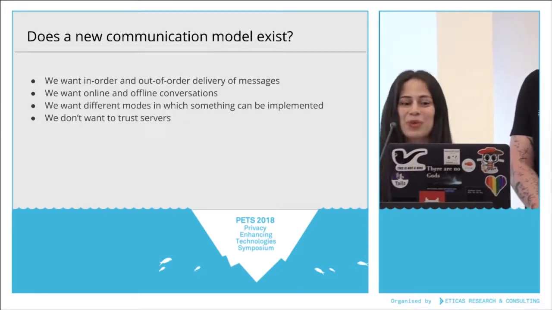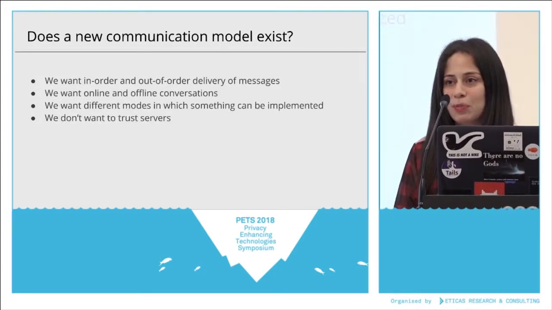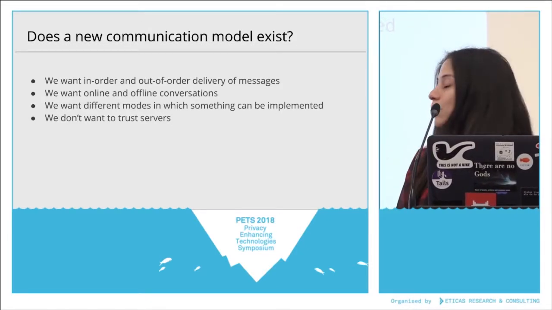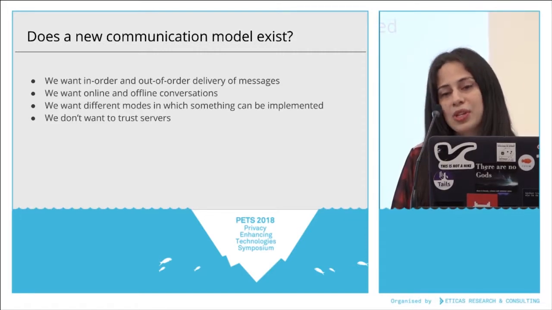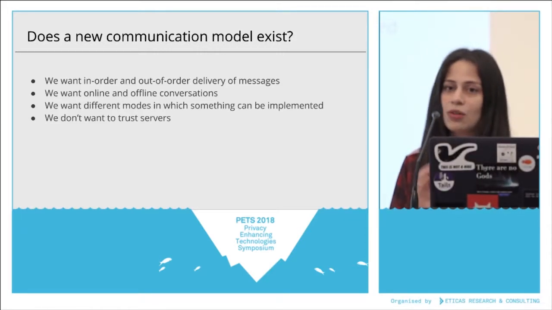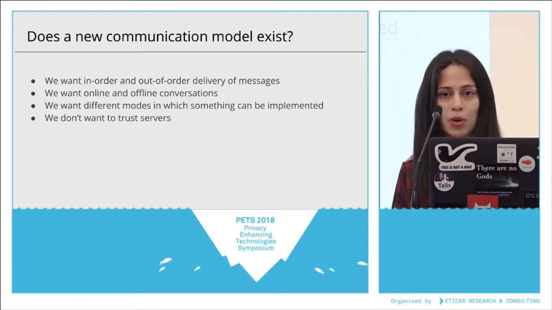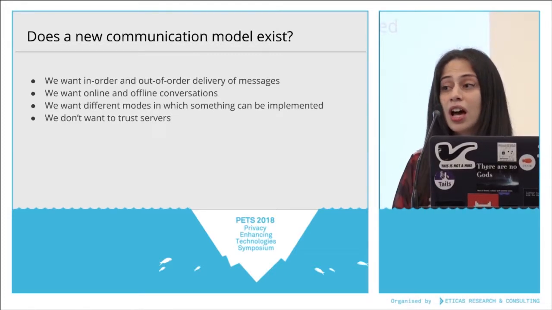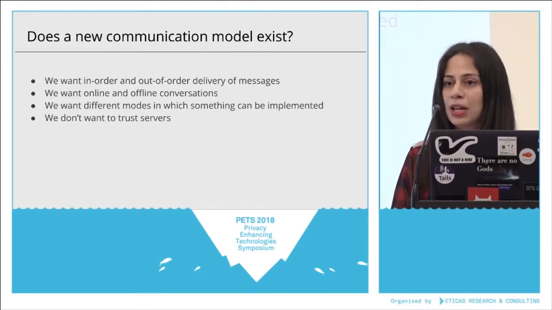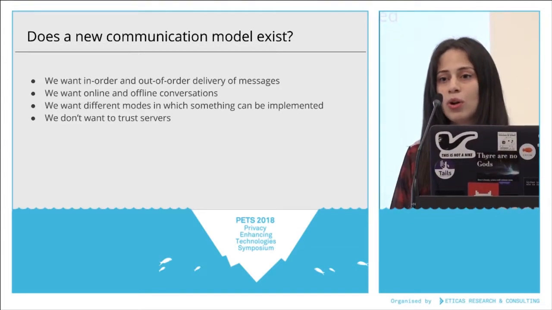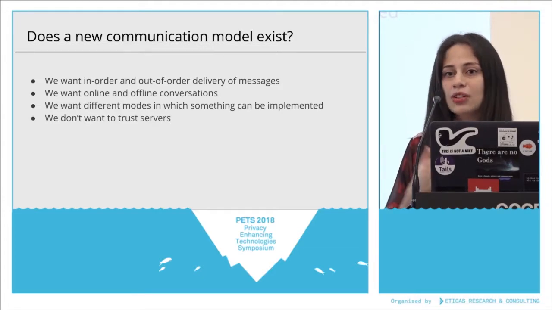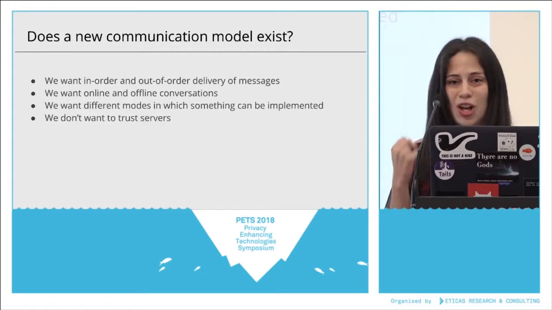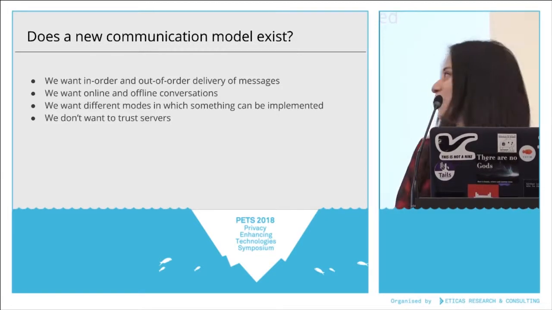Okay, another thing that we talked a lot about when we were developing the specification of OTR was thinking about the new communication models that there are. Previously, the previous versions of OTR had only the in-order network model, and right now we're thinking that we should have both network models, in order and out of order, and we should also support online and offline messaging, because the truth is, in the real world, we most of the time communicate not only when both parties are online, but also when parties are offline. So now we also have support of that in OTR 4.